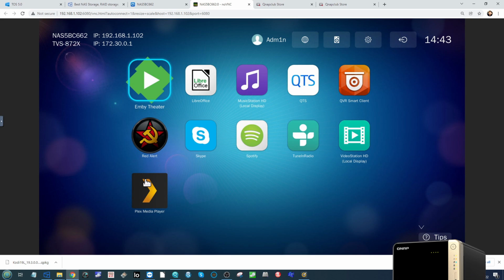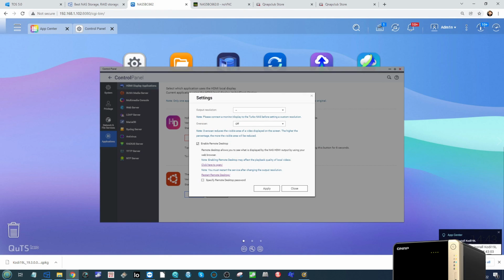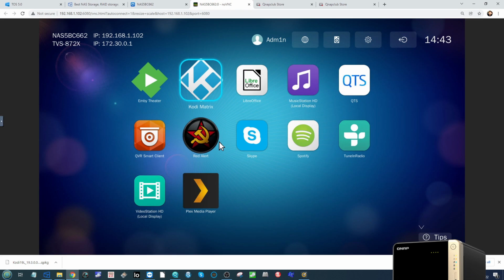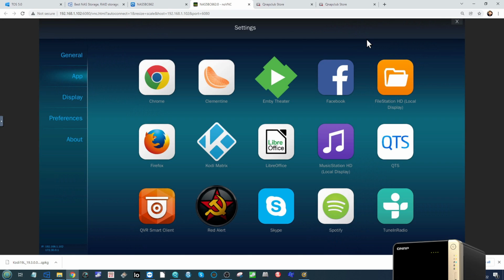So in order to do that, if you want to, you can make sure that Kodi opens up first thing on your NAS. Right now, Kodi is still installing there in the background, but until it does, what we can do, and there it is there on screen, actually, well, let's carry on with that. If we choose to, we can make sure that Kodi is the default application that opens via HDMI by clicking the cog,